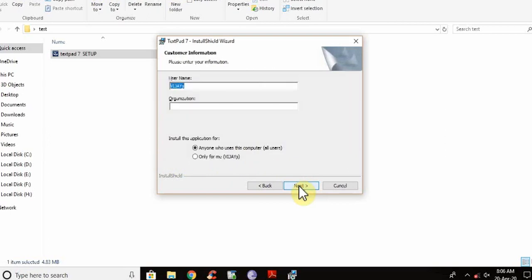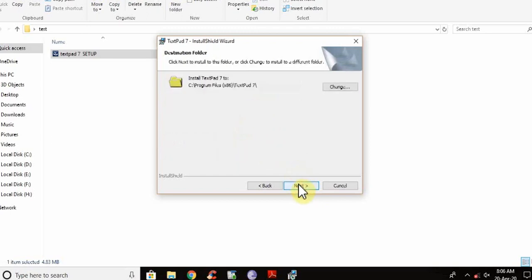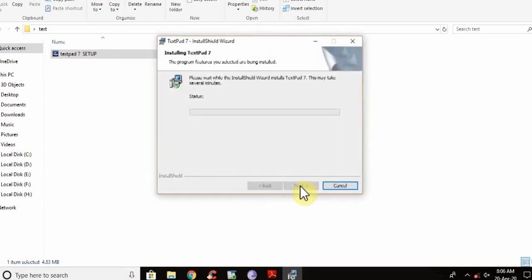Now it will ask for a username. Again I am going to click next. It will ask for the destination where the file is going to be installed. Again I am going to click next, and Windows is preparing the file allocation, and now it will start. Please check this.